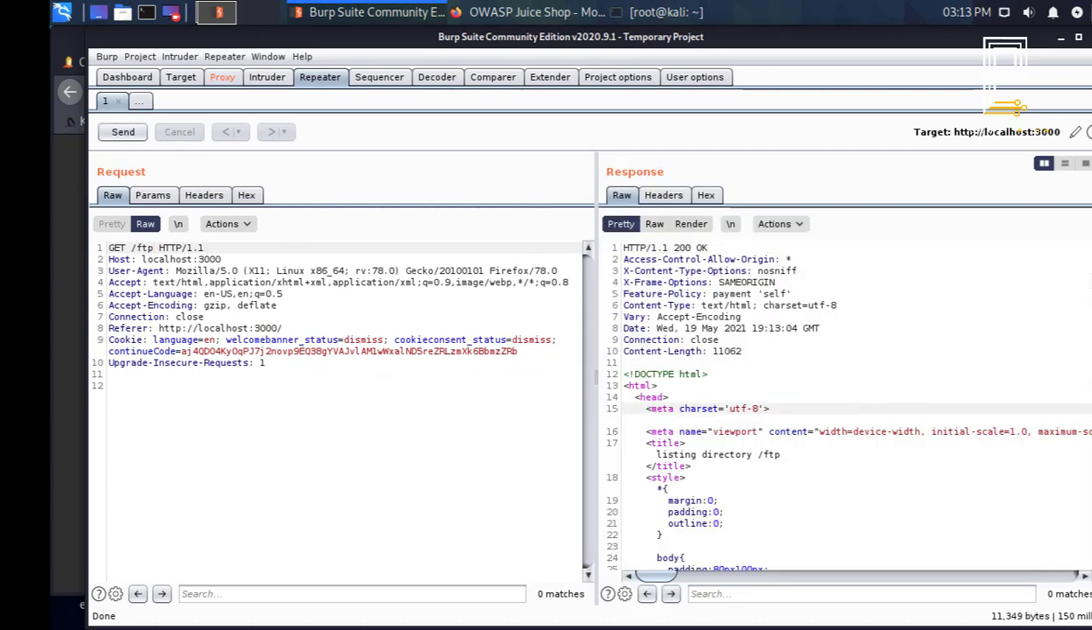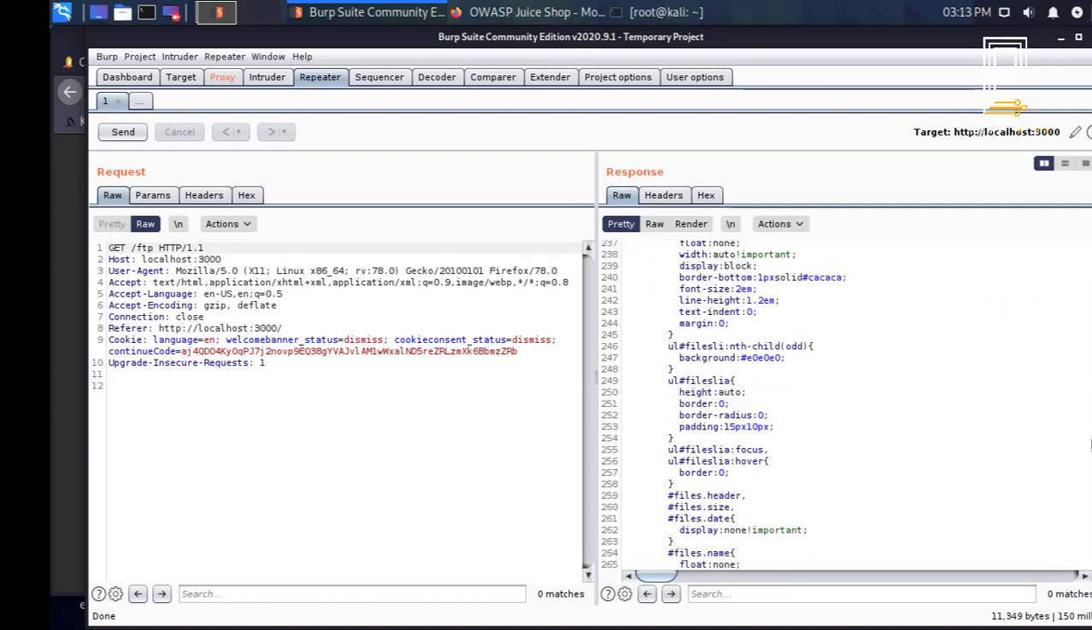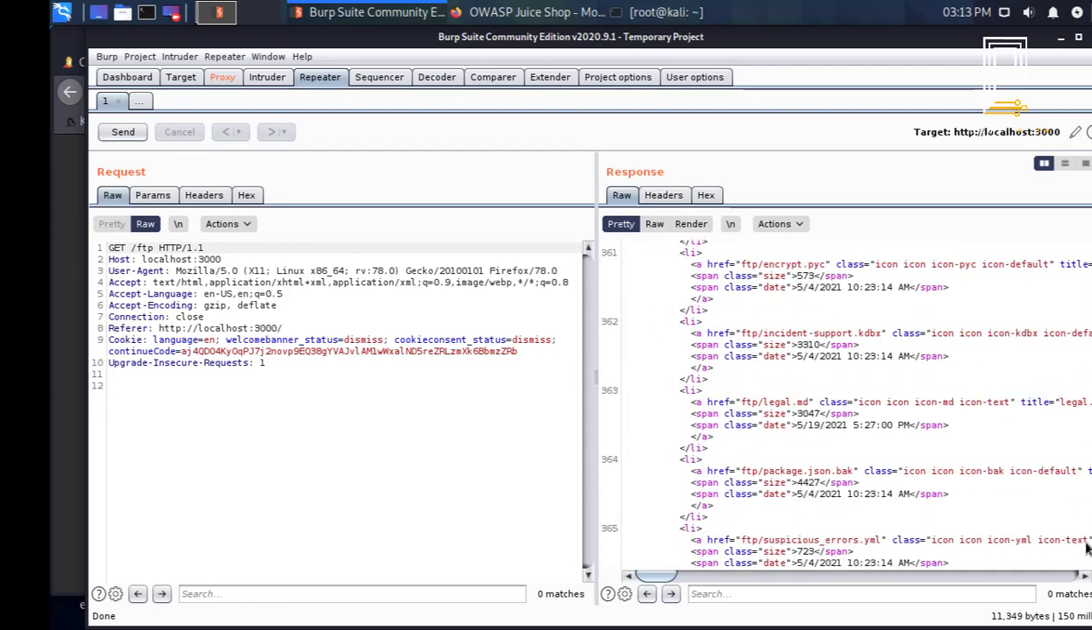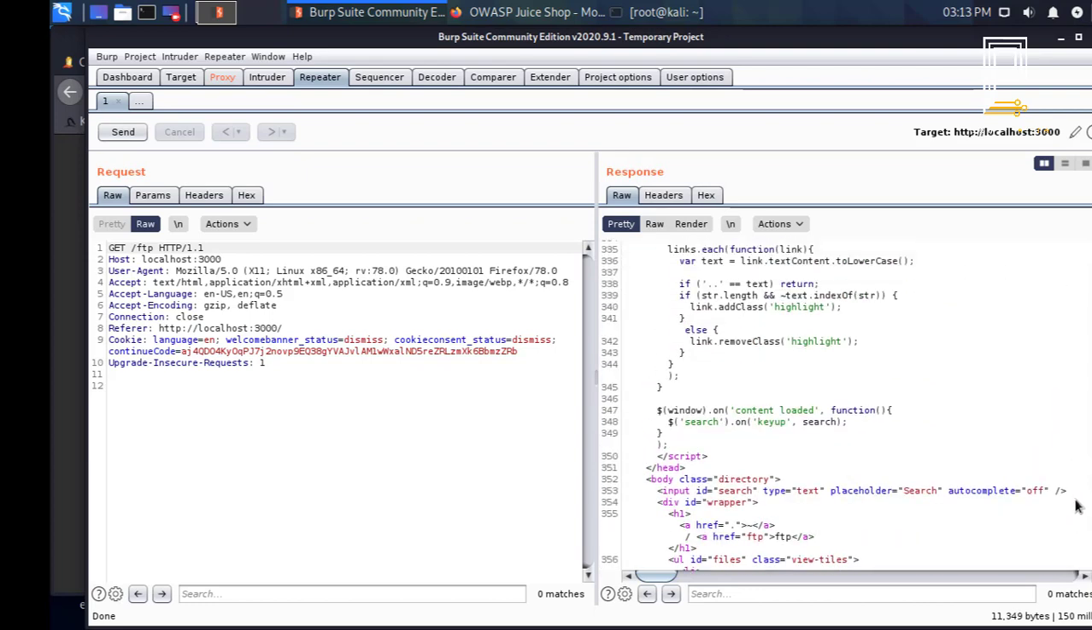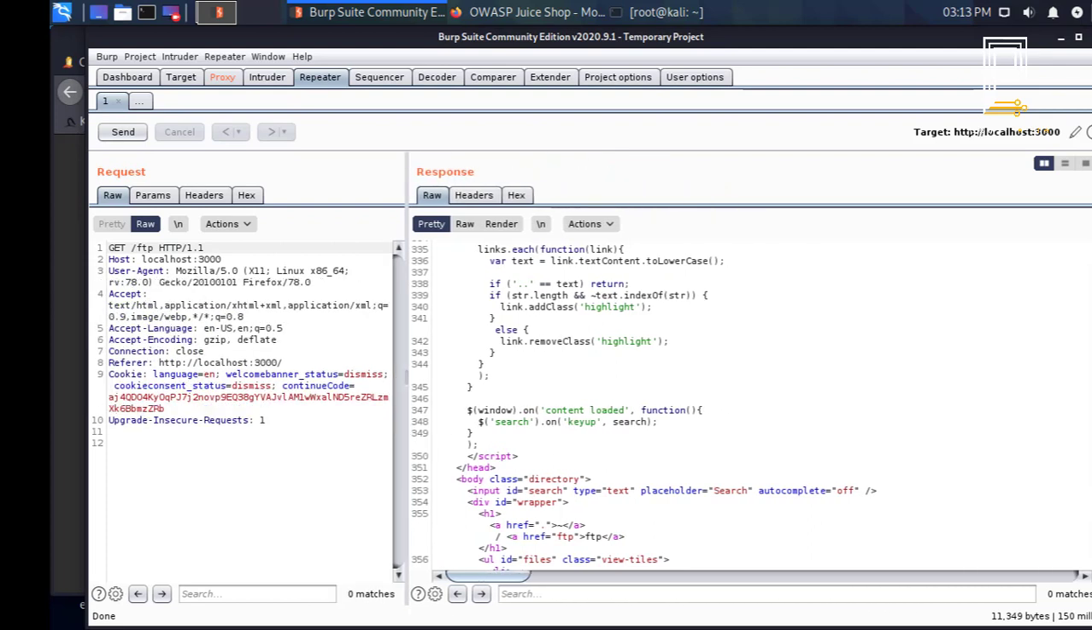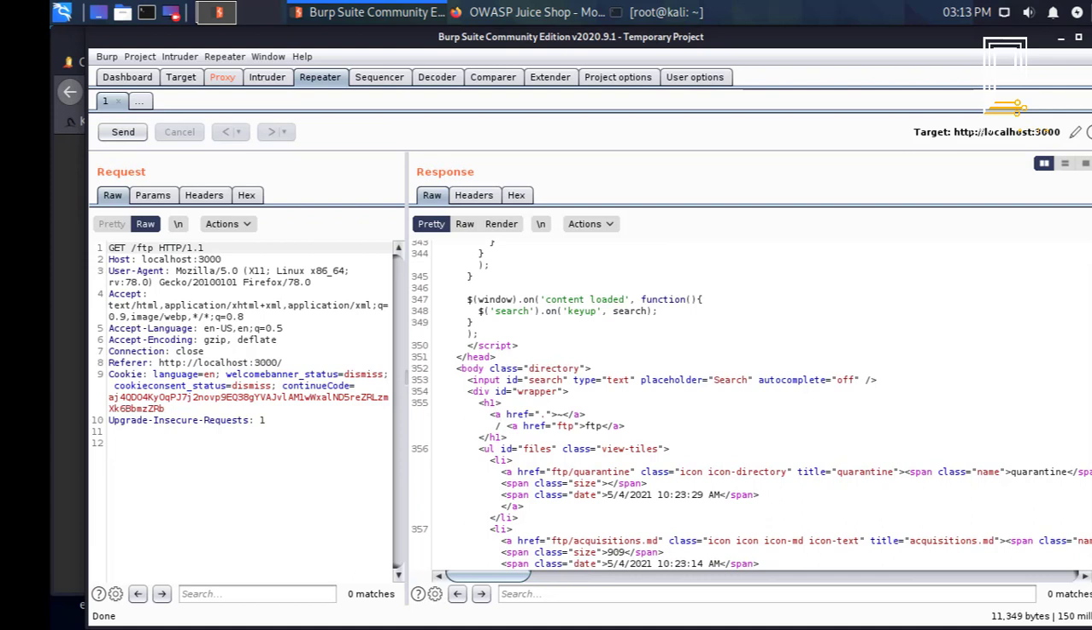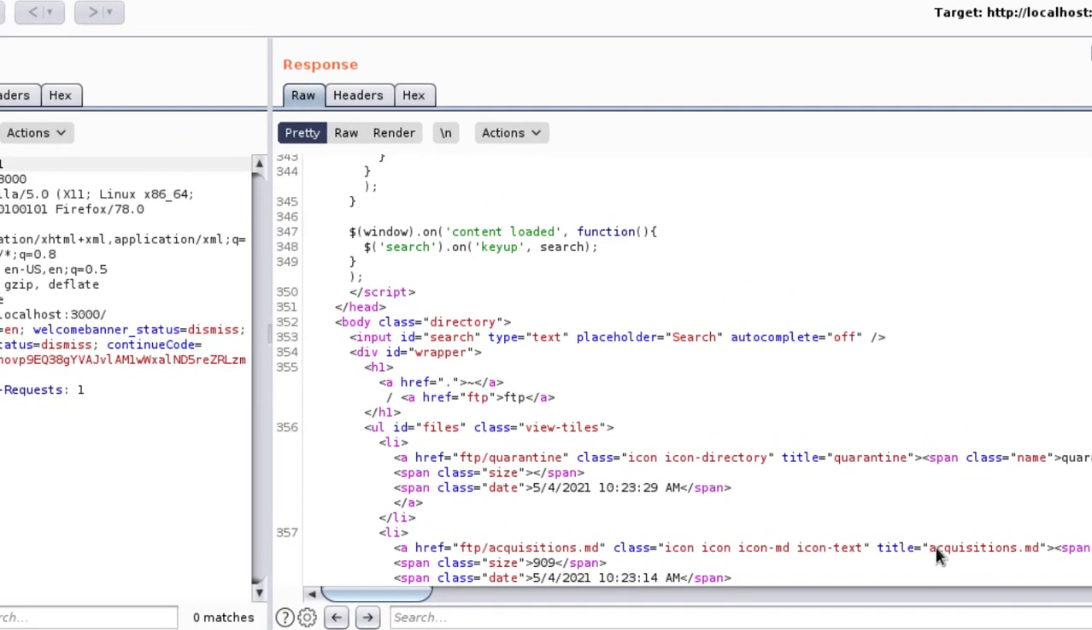Now come to this window, the response window, go down here, scroll down. Here we have the directory. So in this directory you have to check for a confidential document. But we can see here is acquisitions. This might be a confidential document. So what we are going to do, copy this,